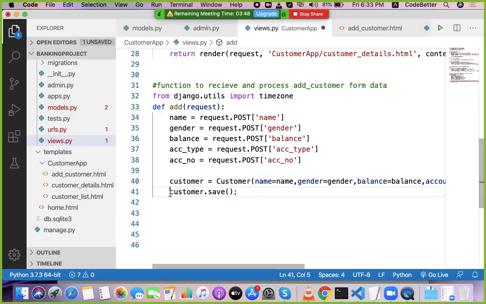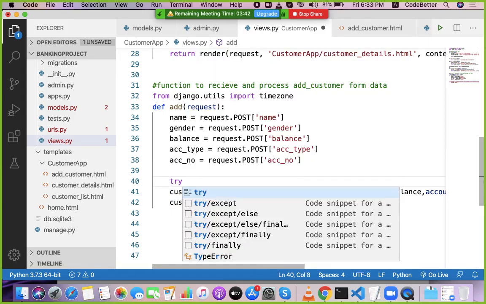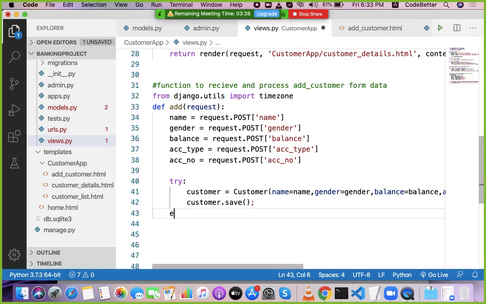So before I save, let's put all these things in a try block. Okay, and if there is an error, we can catch that error in the except block.